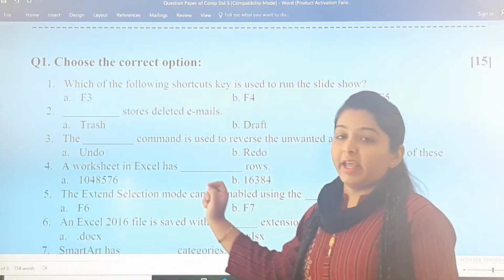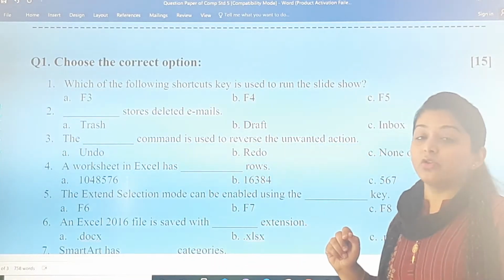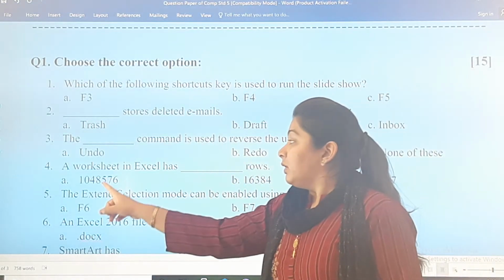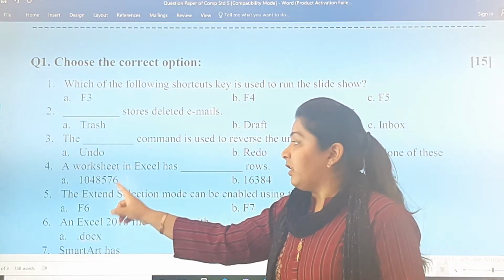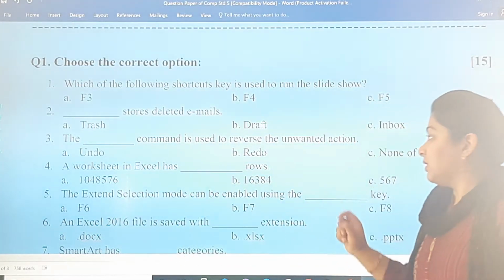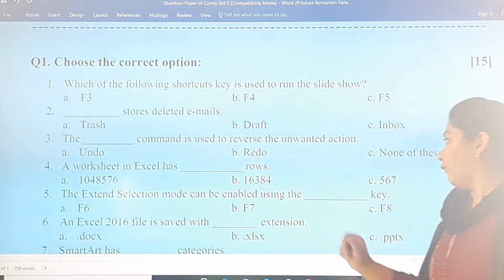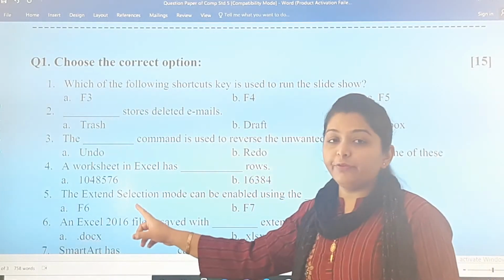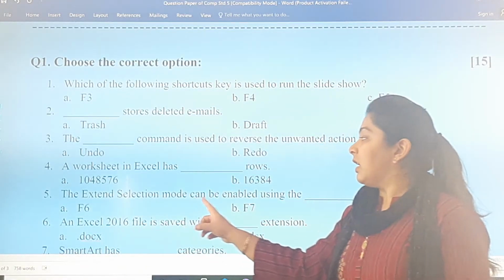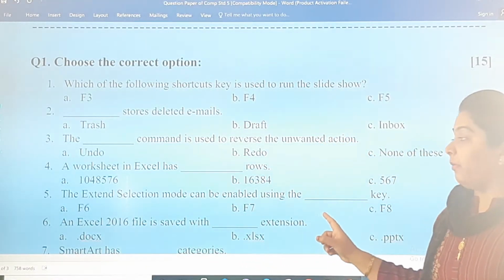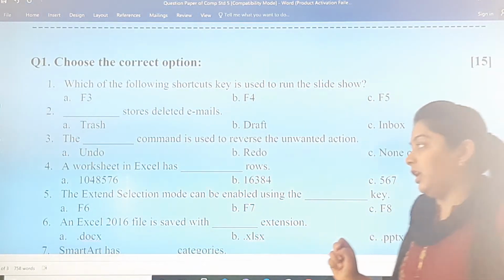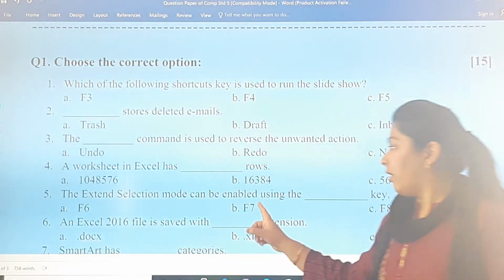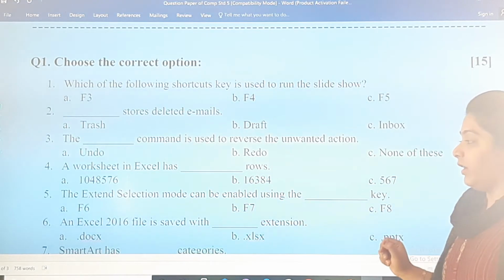A worksheet in Excel has dash rows. 1,48,576, 16,384 or 576. The fifth one, the extend selection mode can be enabled using the dash key F6, F7 or F8.